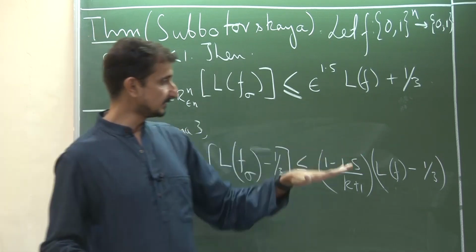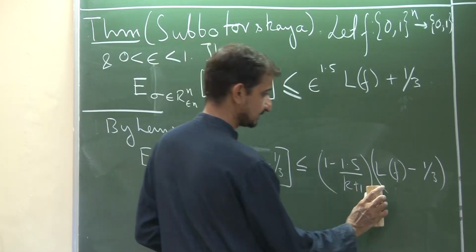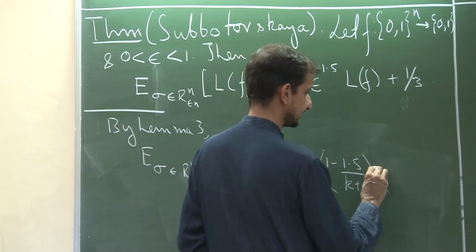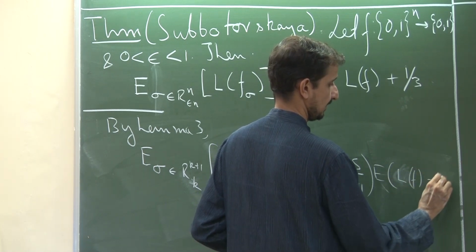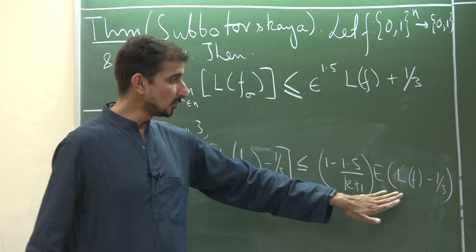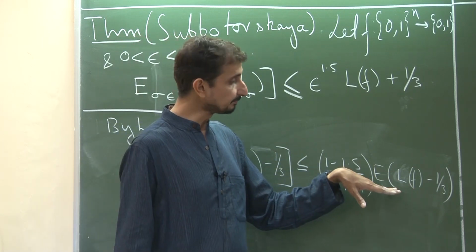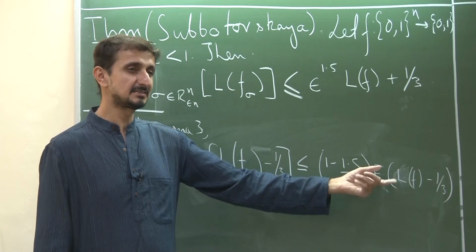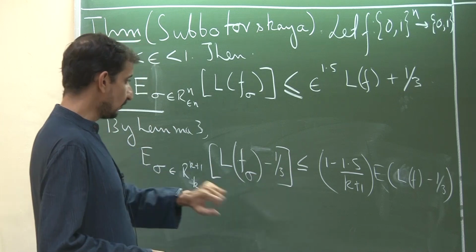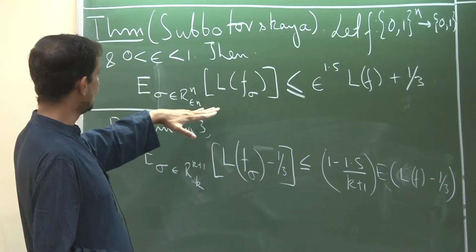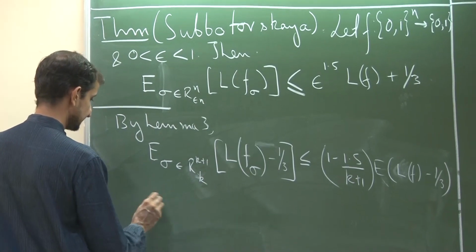Then by lemma 3 we have this observation. This is a direct application of lemma 3, and I can also write an expectation term over here. I can write this as E of L of f minus 1/3. There is no probability over here, so this is kind of like the same value. Now if I do this how many times? I have to bring it down to epsilon n. If I do this many times, what I will get is